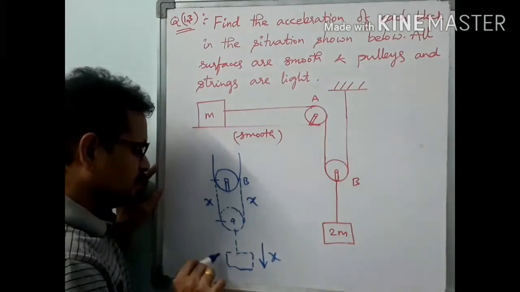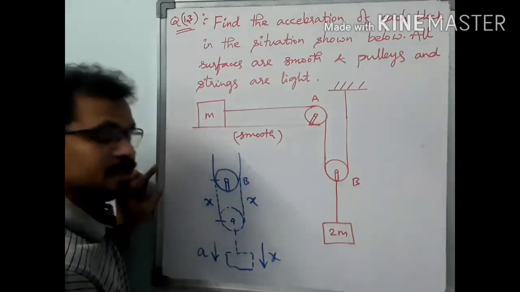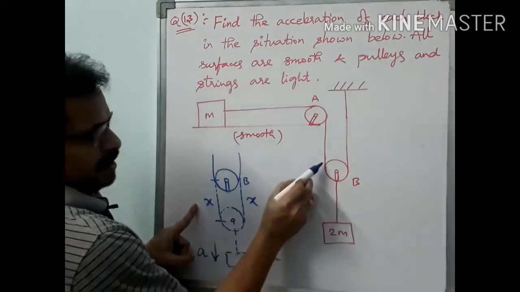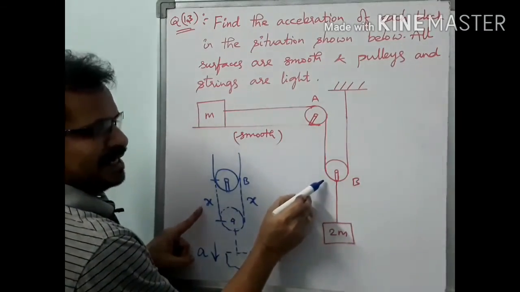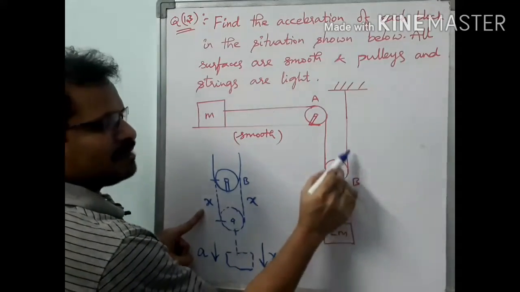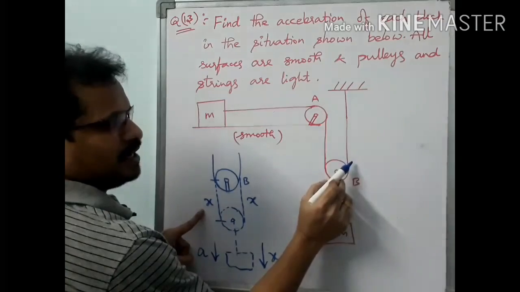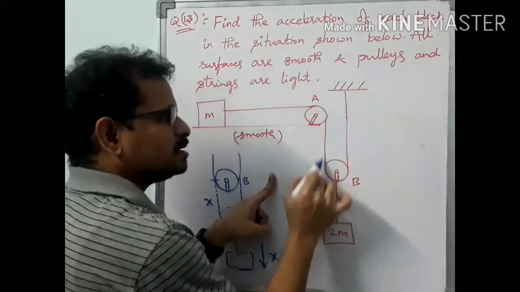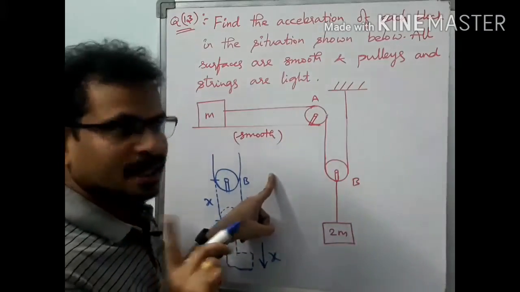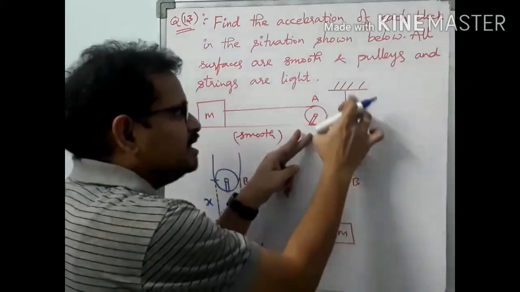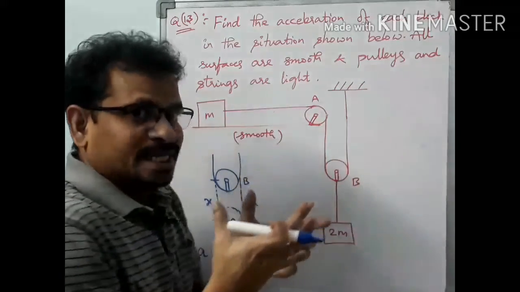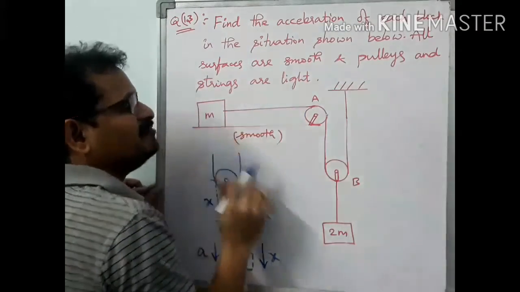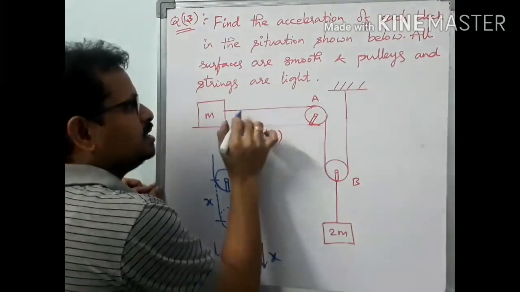So corresponding to this one, let us suppose that its acceleration is a. At the same time, see here, in this segment there is an increase in length whose value is x. In this segment also there is an increase by some value x. So what is the total increase in length of this rope from this point to this point? 2x increase is there. And there is a single rope here. If in this part of the rope there is a 2x increment, then what about this part? There will be a 2x decrement. So the length of the rope decreases by 2x.